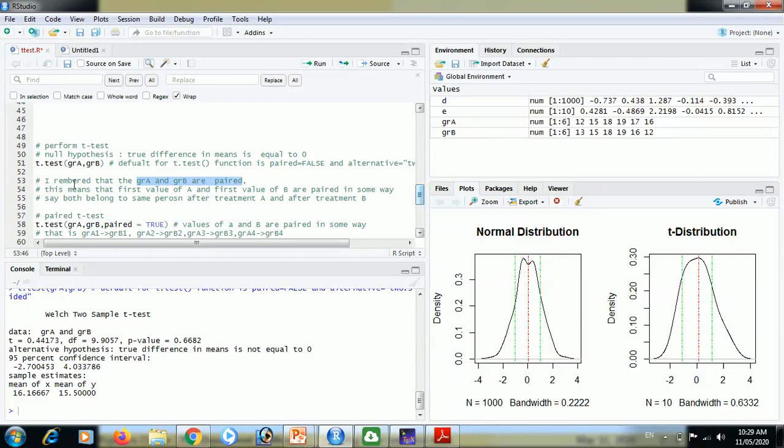And for paired t-test, we have to provide this argument paired is equal to true. Right? For paired t-test, the code is the same, t.test. We will provide the two groups to compare, and here paired is equal to true is the argument to perform the paired t-test. And we will run this.